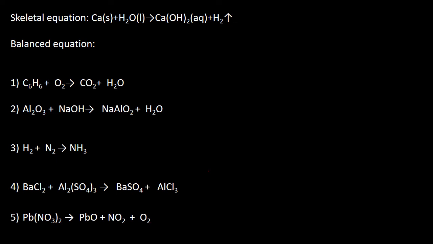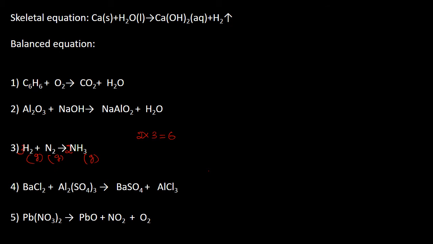You have to make it 6 on both the sides. How you can make it 6? You multiply both the numbers, it becomes a 6. So here in front of NH3 you write 2 and in front of H2 you write a 2. So then it becomes balanced. So this is the balanced chemical equation for third question.